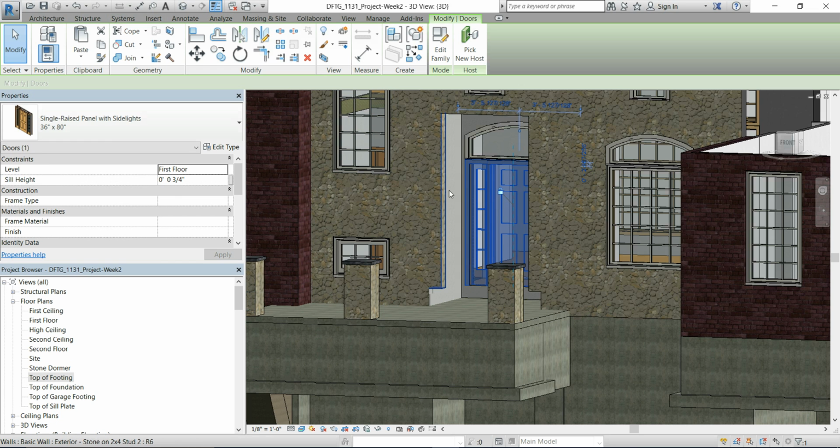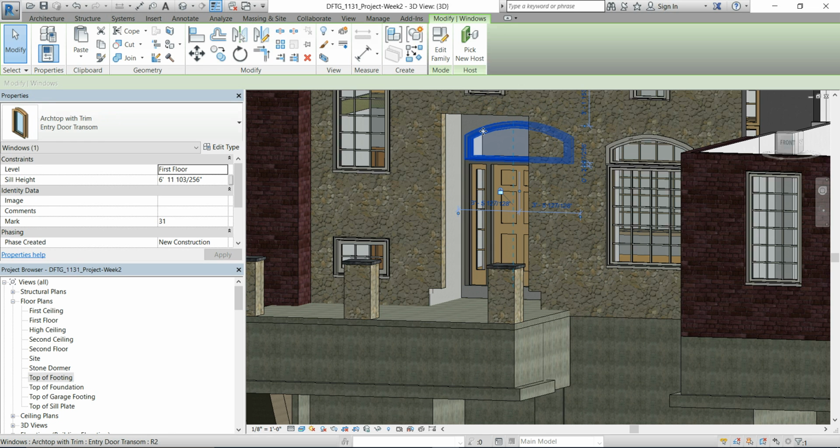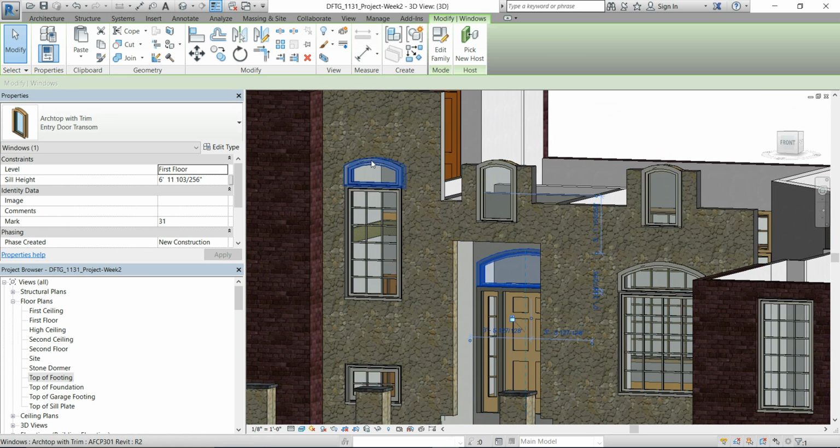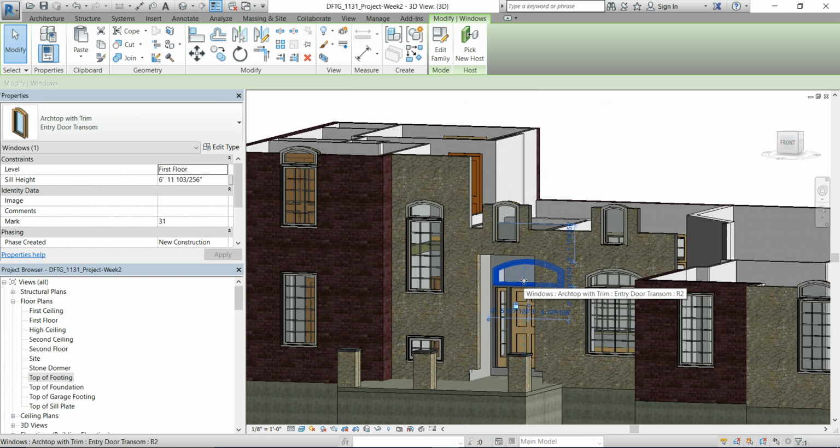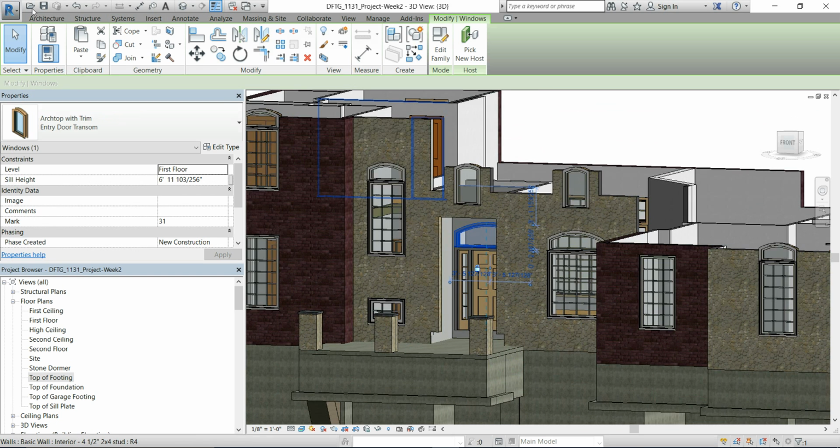So you want to put it in, raise it by 3/4 of an inch, center it up in the opening there. The arch here, I named it entry door transom. It's basically the same one that I've used here for these arch top windows. I just edited the sizes of it and changed the colors so that they're kind of the same. Okay. Now I've been working on stairs,